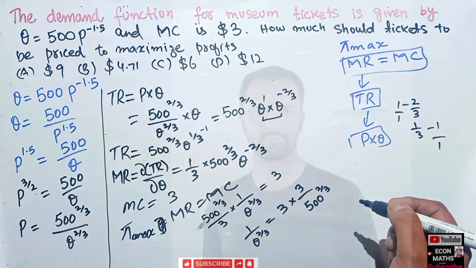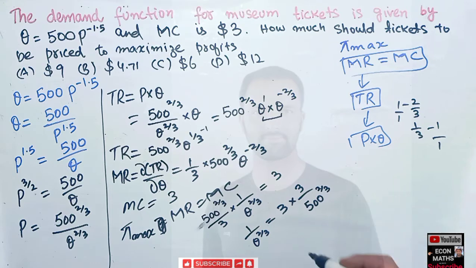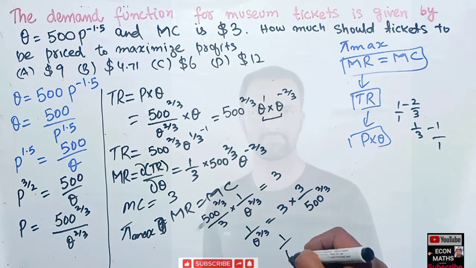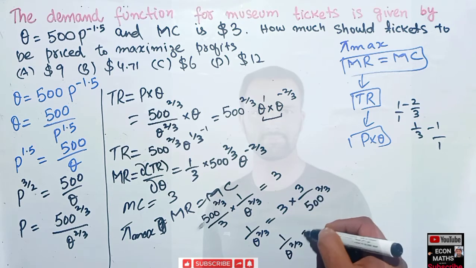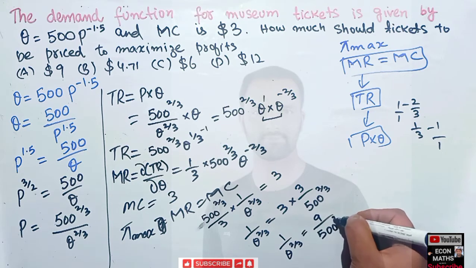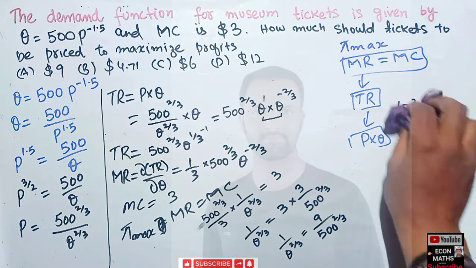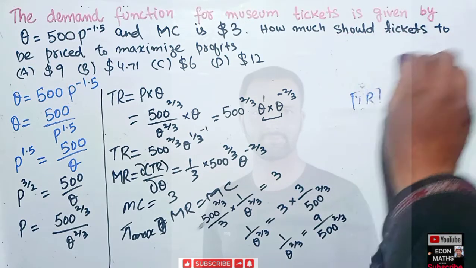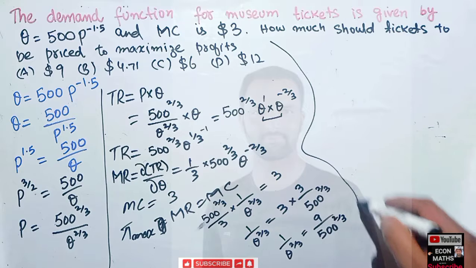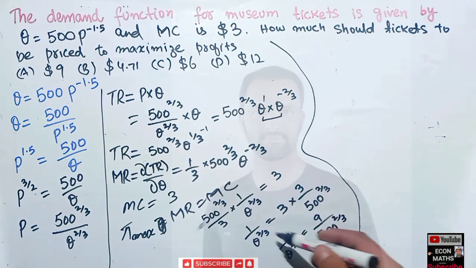I hope I am making myself clear. So we can write it like this. This becomes q to the power 2 upon 3 is equal to 9 upon 500 to the power 2 upon 3. Now what we can do, we can do one thing here. If we transpose a numerator to denominator on both sides, there should be no problem. So if we reciprocate